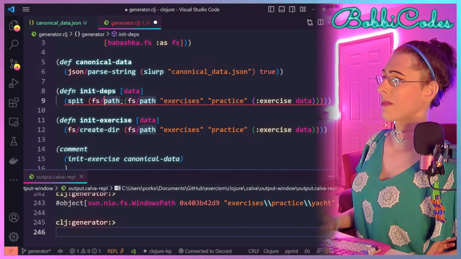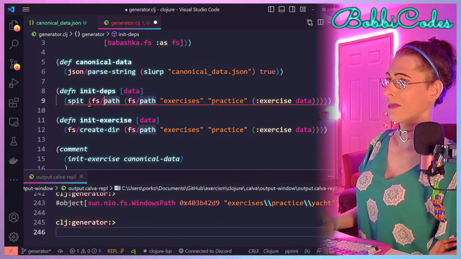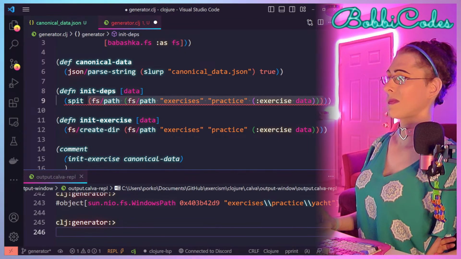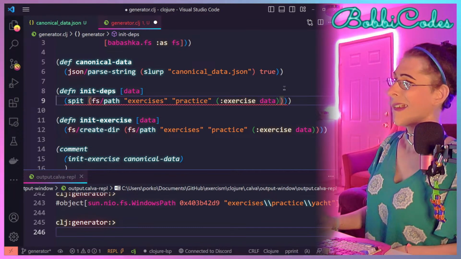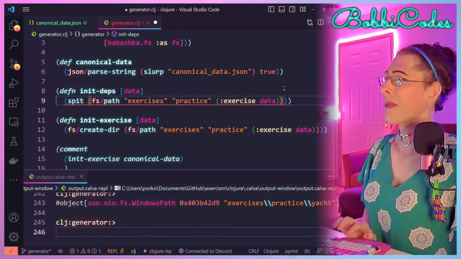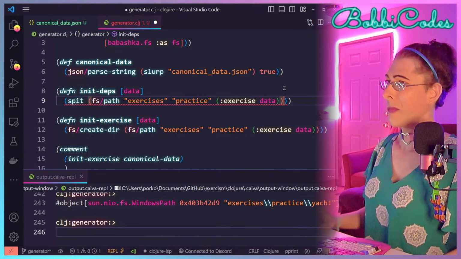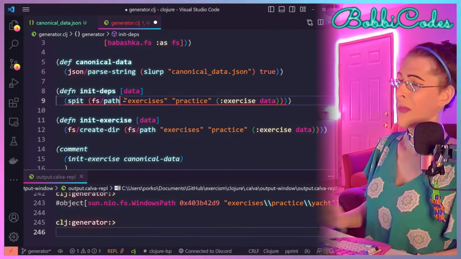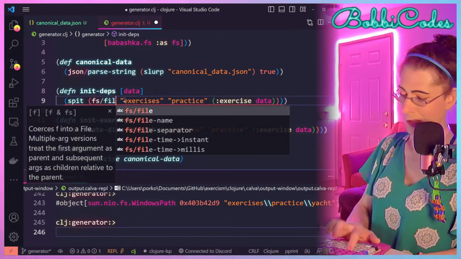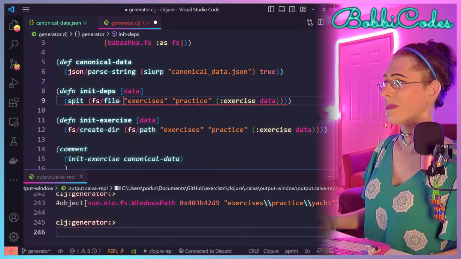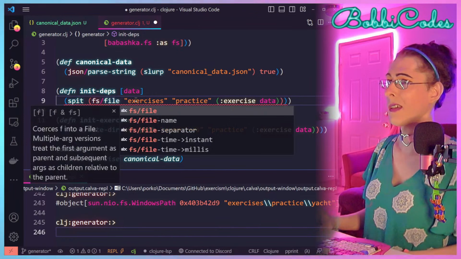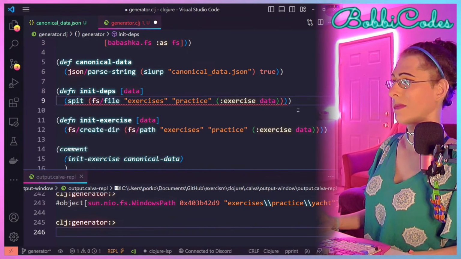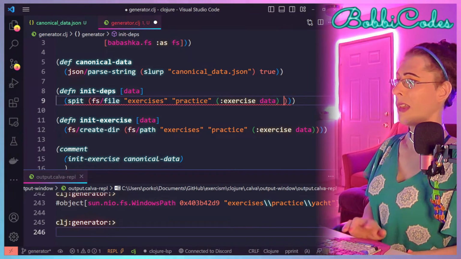Wait a minute. Yeah, okay. So let's see. We have the path here, but we want fs file, I guess. Right, let's see what that says. It'll be that.